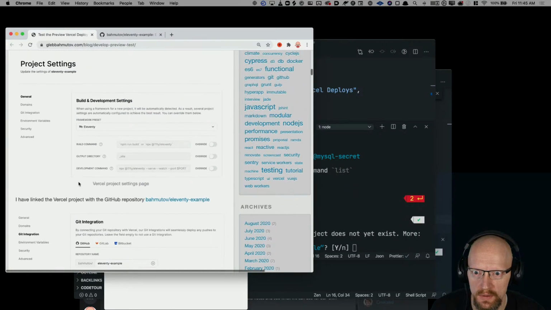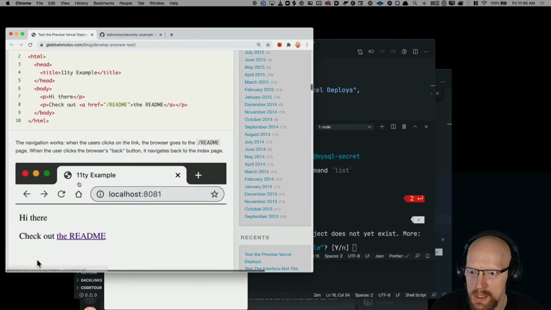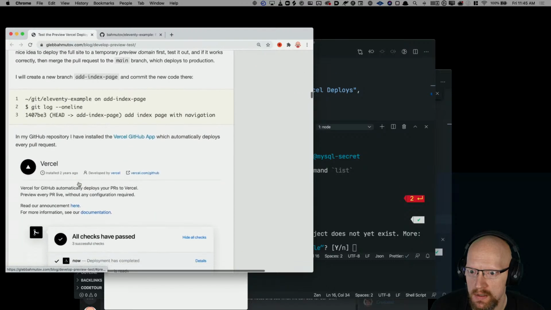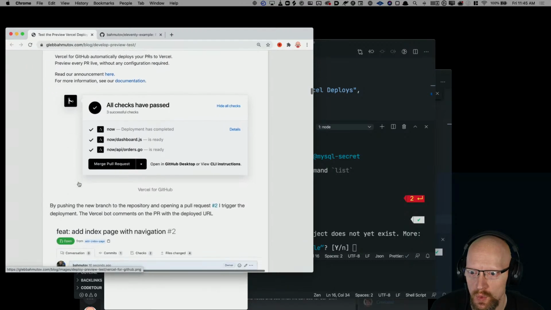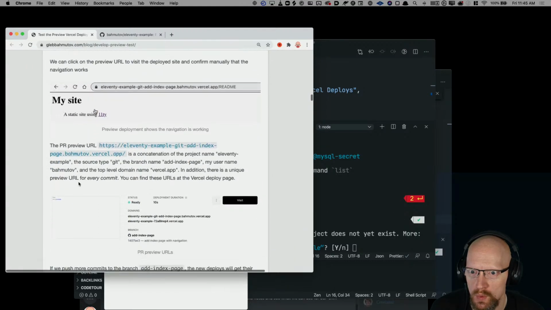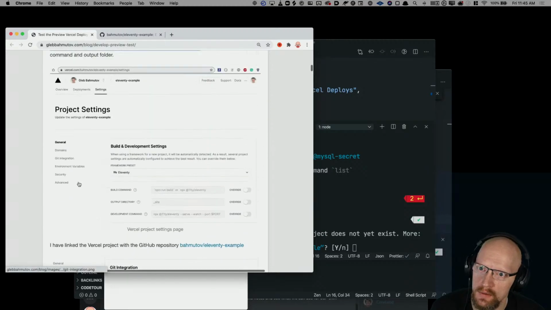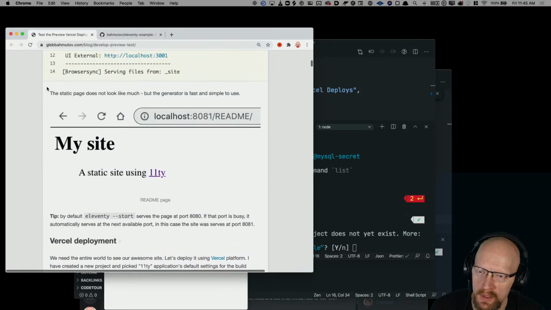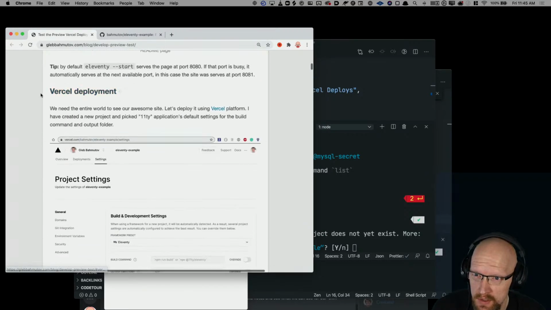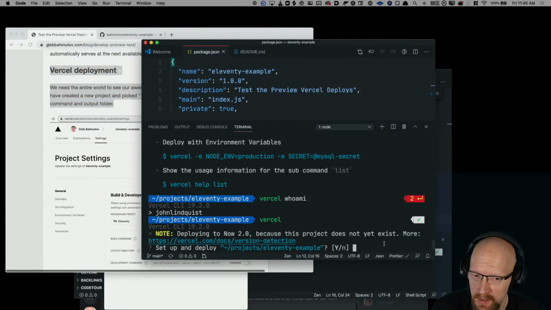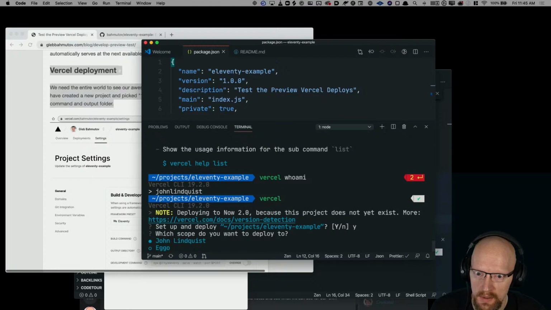I'm going to use the CLI because that's what I would do rather than setting up the project manually. Looks like he's setting up the project manually in the Vercel UI and then linking GitHub. I'm going to do it from the command line to set up the project. Link to existing project. Actually,